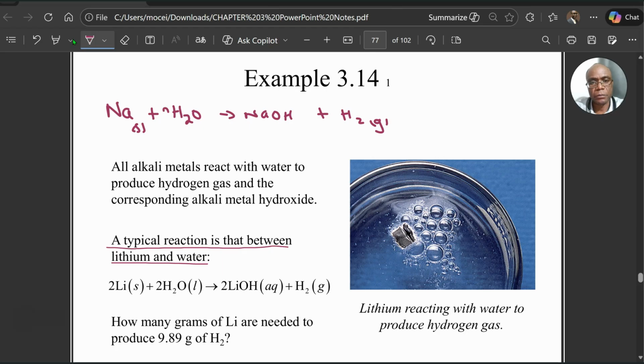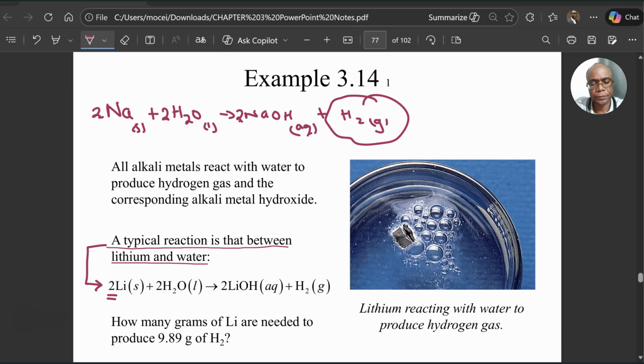To balance this, we'll put 2 here and put 2 there. Of course, balance the sodium first, put 2 here and put 2 here. Balance everything. Just follow the process I showed you. Okay, I don't want to explain much about balancing. We've talked about that. So hydrogen gas is produced. Now, in this case, we are given a typical reaction between lithium and water, and that's what you're going to use for calculation. You check the reaction is balanced, still we are getting that hydrogen gas, and you would confirm